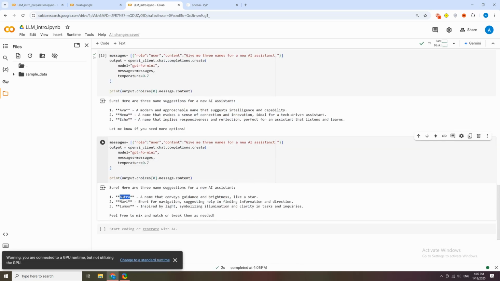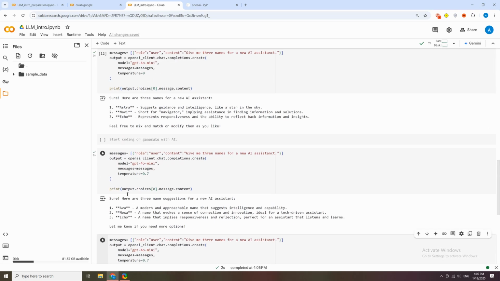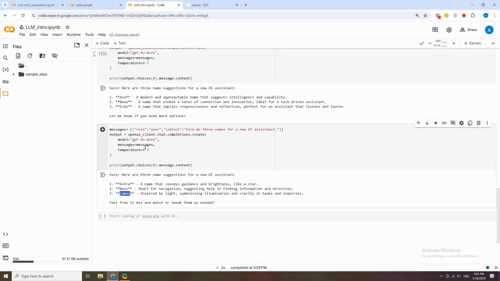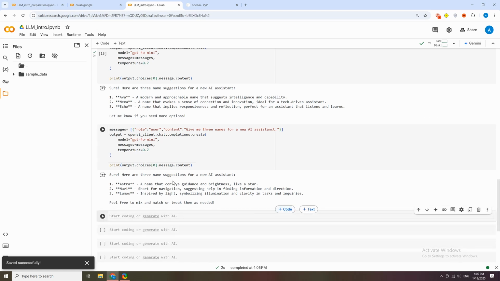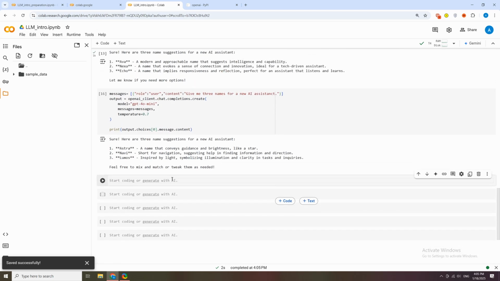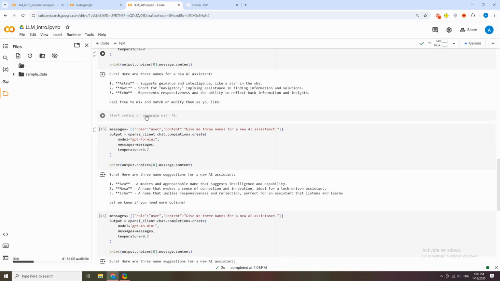So right there, it's Astra, Navi, and Lumos, which we didn't receive before. So you can see that the level of randomness is actually working. Now, before we proceed to HuggingFace and using the open source LLM, let's wrap this up by having a function